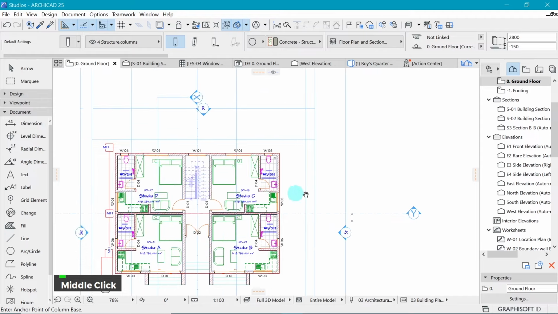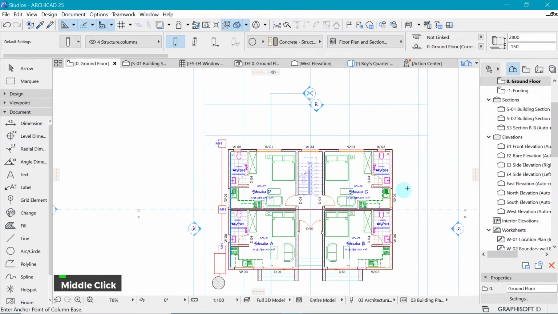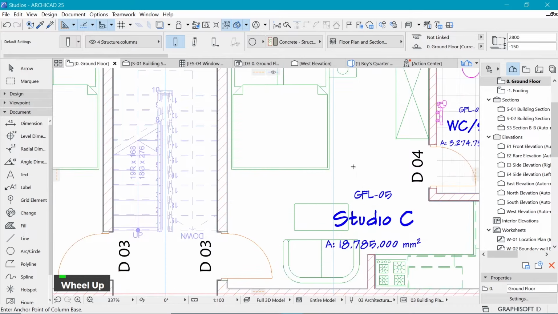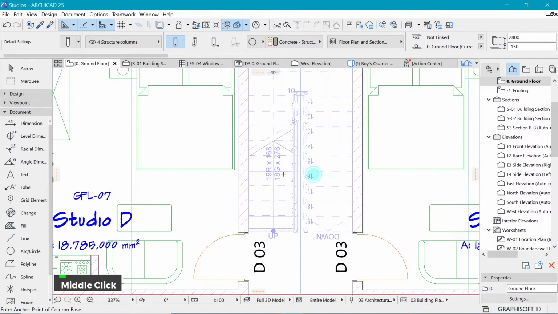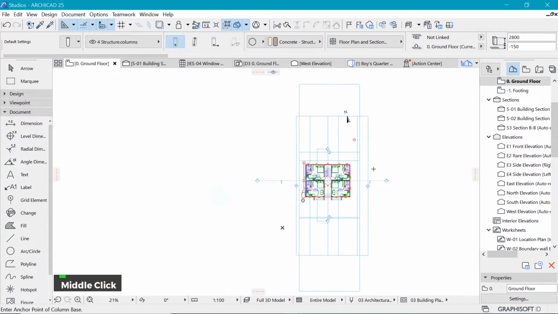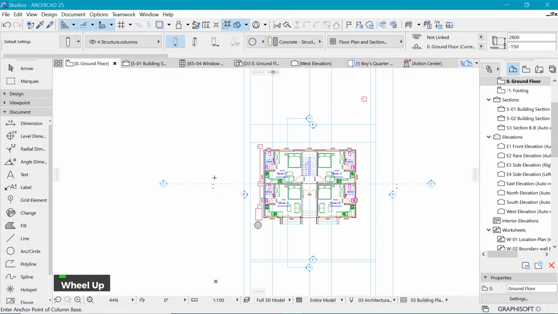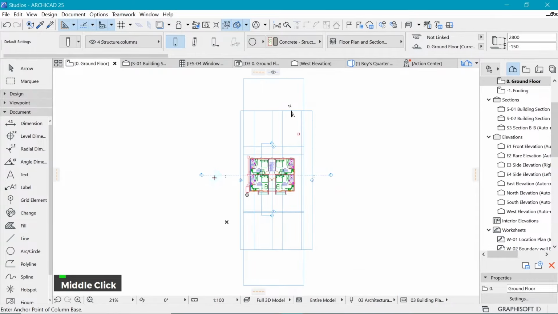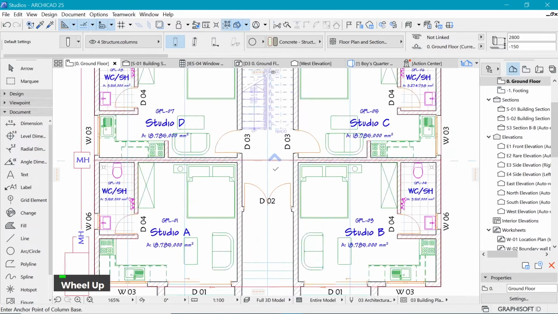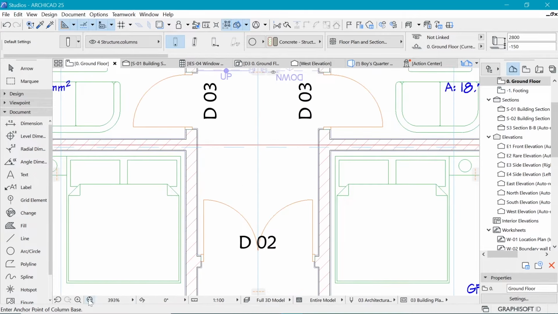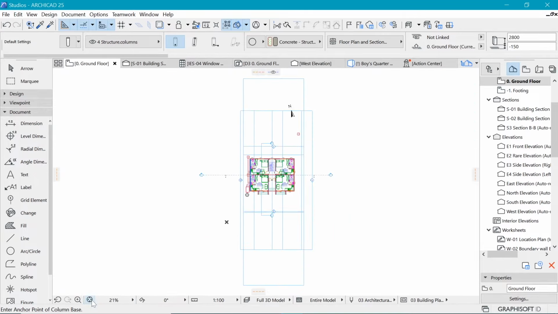If I hold down the middle mouse button, I can do what is called panning. If I zoom into this section and pan across by holding that middle mouse button like that. And of course, make sure that if you double tap that middle mouse button, it will fit to page, or this icon right here. For example, if I'm here, I can click on fit to page and it will bring